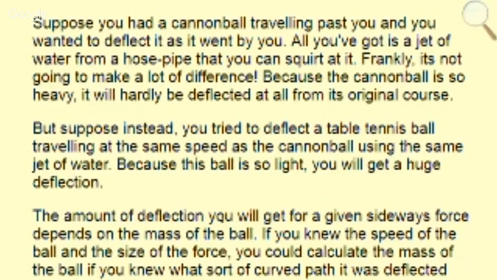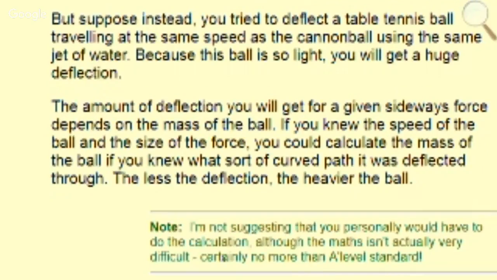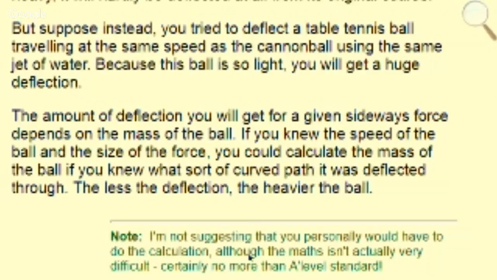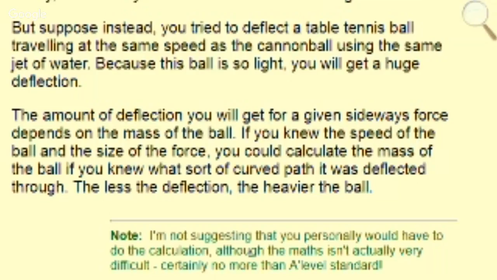Because this ball is so light, you will get a huge deflection. The amount of deflection you get for a given sideways force depends on the mass of the ball. If you knew the speed of the ball and the size of the force, you can calculate the mass of the ball. If you knew what sort of curved path it was deflected through, the less deflection, the heavier the ball. So they can work out how heavy,